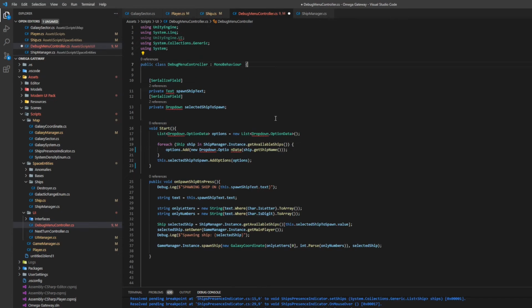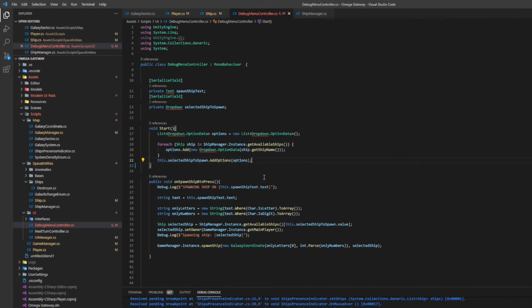Back on the debug controller, on its start method we tell it to read from the ship manager instance, and then we have to do this weird thing to populate the Dropbox. Basically we need to create some option values objects, and that's how you do it. Just don't question it, it works. You might be noticing all the red underline coming from the UnityEngine.UI package. For some reason, Visual Studio Code is not finding this particular import, but the compiler in Unity is working fine. So bear with me and ignore it please.